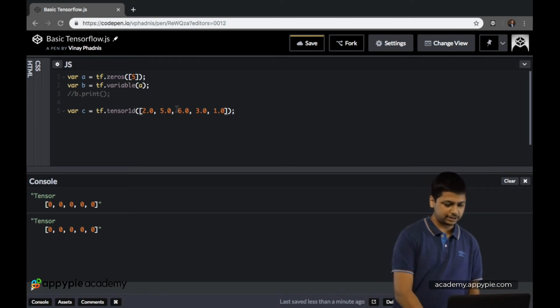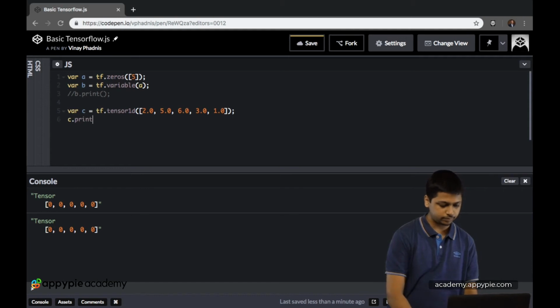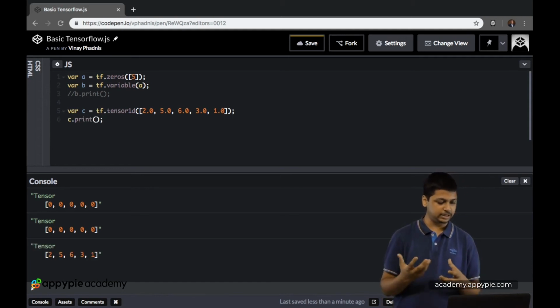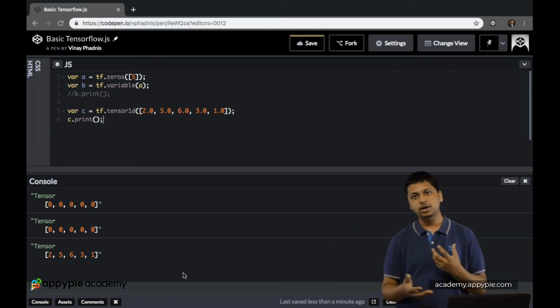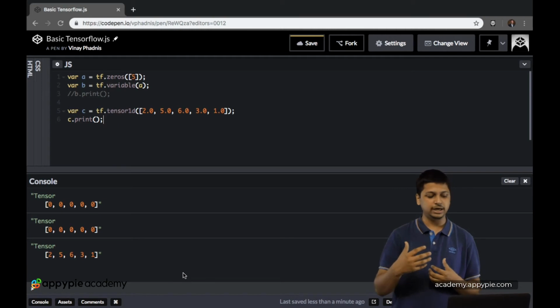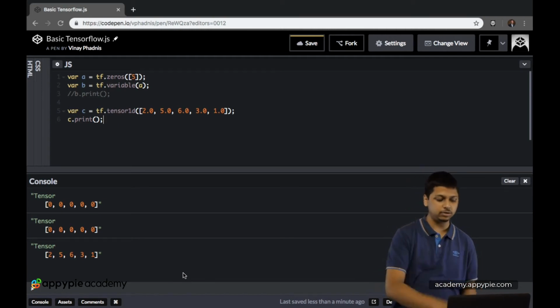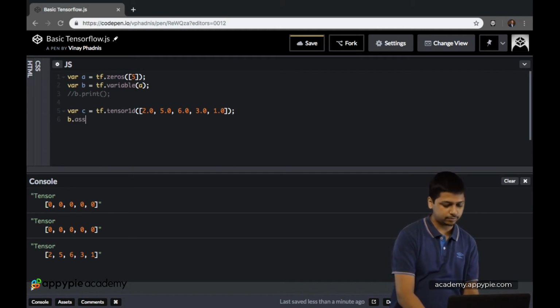Okay, so now let's again do c.print first. Now over here we should basically see 2, 5, 6, 3, 1, which we are seeing. So now we want to change the value of our variable tensor to the value of c. To do that we basically do b.assign, and we pass in the variable c over here.